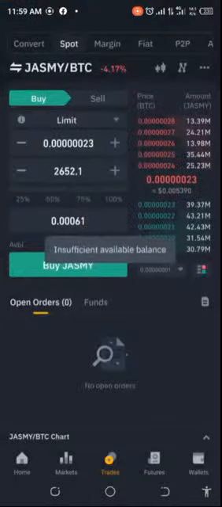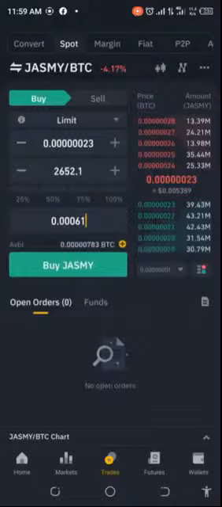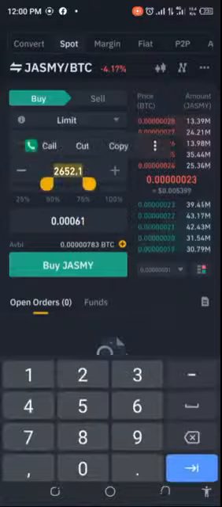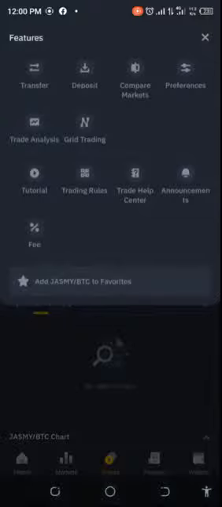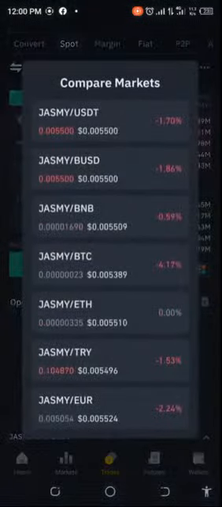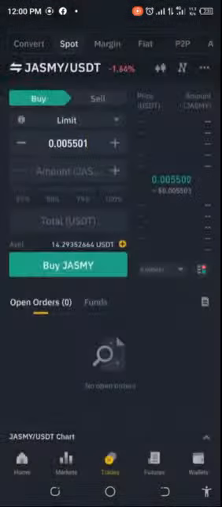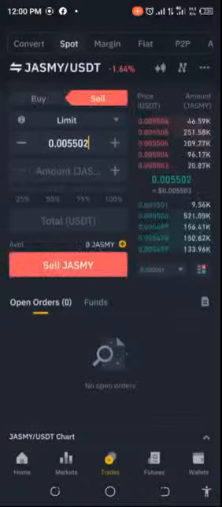We're still simulating right now. So we're going to get 2652. Don't forget charges will be removed, so it's always best that you remove some, like, let's just make this 2649. 2649, 2648, something in that range. Let me just copy that. I'm going to remove the charges. In this simulation, we have to make sure that whatever we get is still as close as possible to what we want. Then we're going to try and sell back to USDT